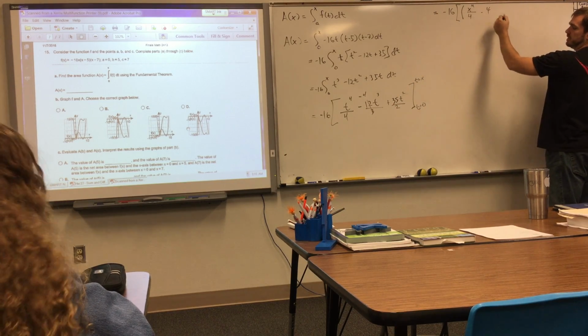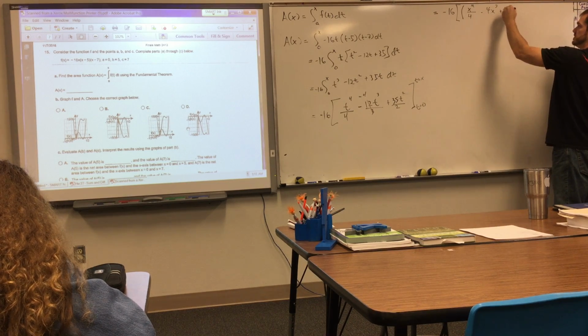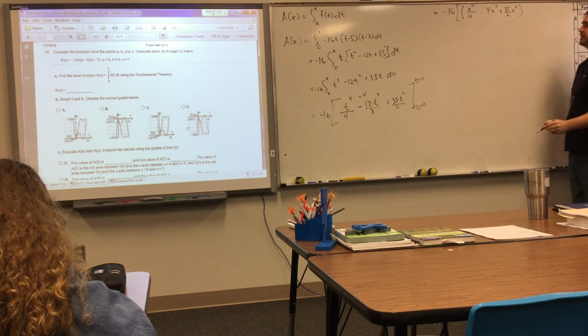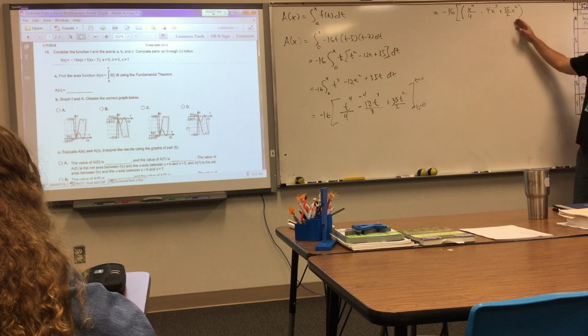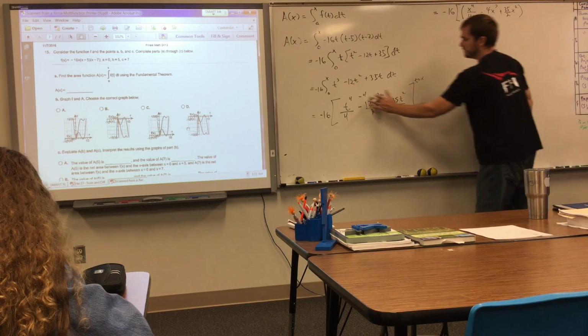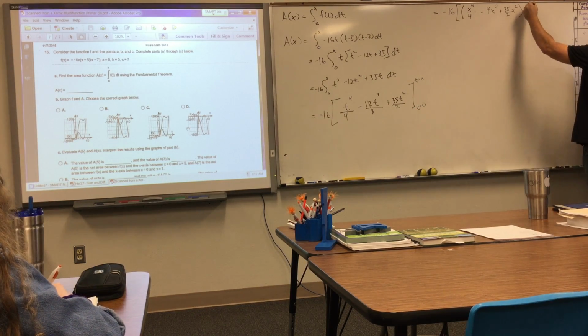So negative 4x cubed plus 35 halves x squared. So I'm substituting that x in for the t in each case. That negative 4 kind of looks messy, you can see that. And then minus,